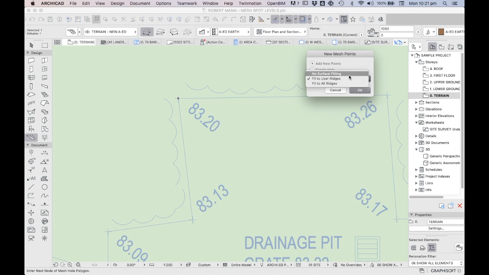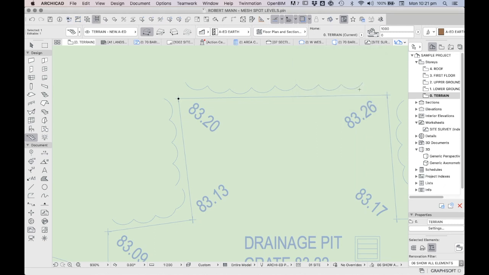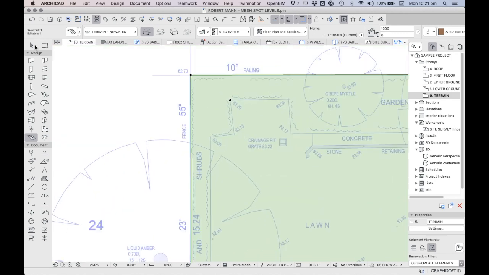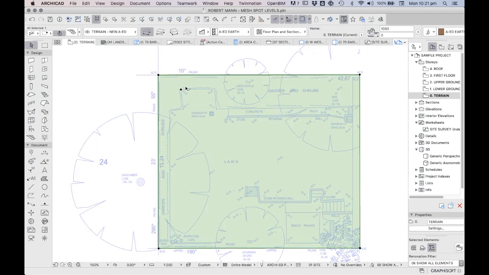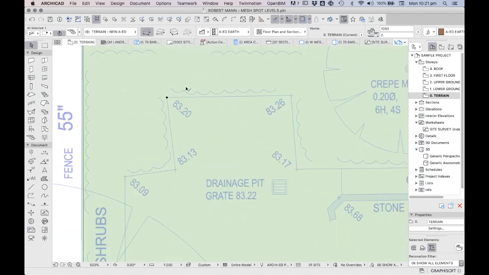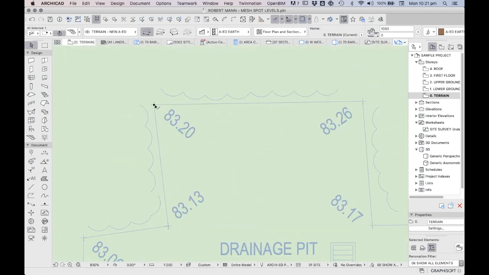Do we want to have no surface fitting, fit to user ridges, or fit to all ridges? In this case, we want to use the fit to user ridges option. We'll press OK, and that has added a point or a node to our mesh. It hasn't yet assigned the value, so we need to do that as a second command. We can now select that dot,